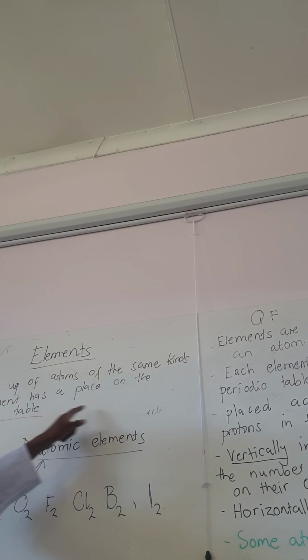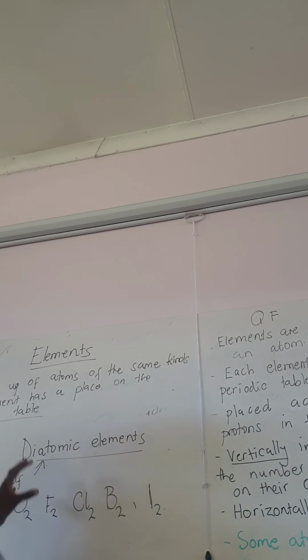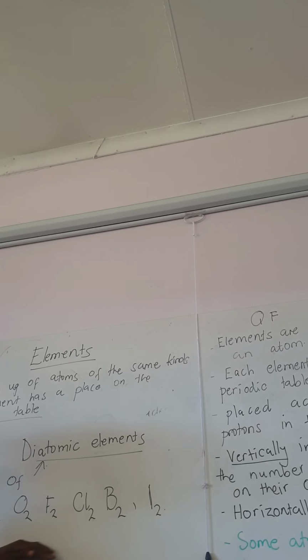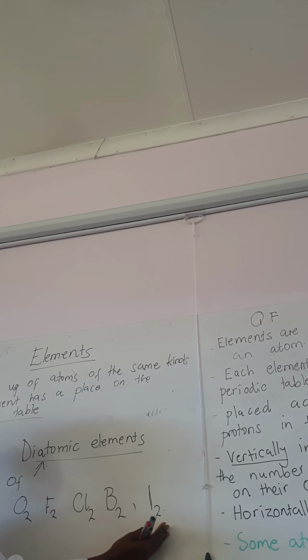And lastly, you need to understand that we also have what is known as the diatomic elements, and these elements do not exist on their own. They are double, but remember, they are identical, and these are the 7 diatomic elements that you find on the periodic table. I hope you are going to go through your books. Please check your textbooks, familiarize yourself with how the periodic table is designed, and try to know some of these elements that you find on the periodic table. But I want you to understand now there are 7